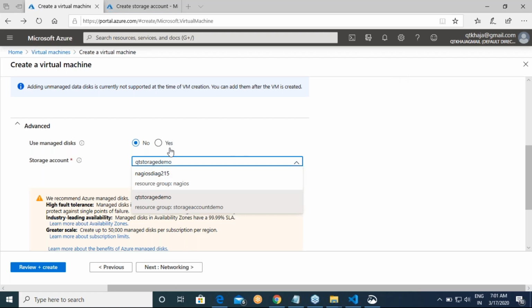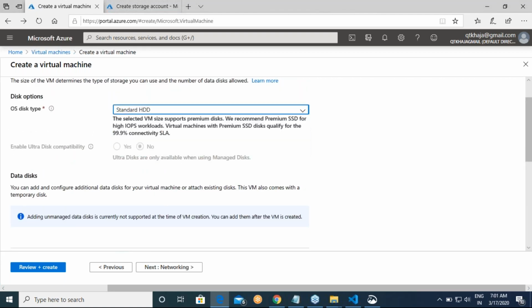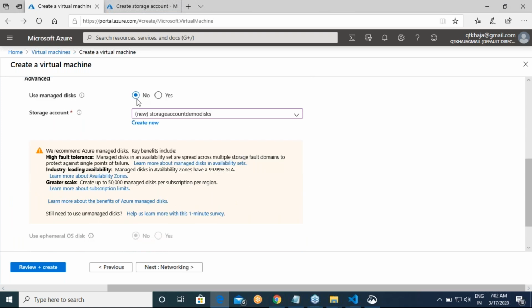Did we get the point which I'm trying to tell? Okay. So by default, your disk is selected as premium SSD. When you select a premium SSD, and if you say that I don't want a managed disk, your storage account also should be of type premium. But the storage account which we create will be of type standard by default, or whatever we have created is standard. That's where it is not showing.